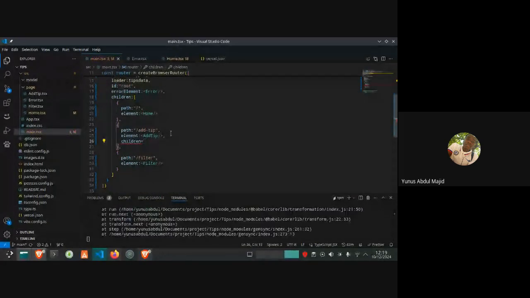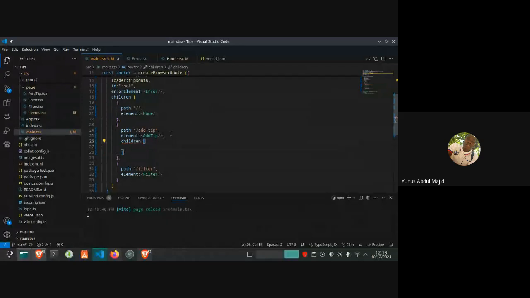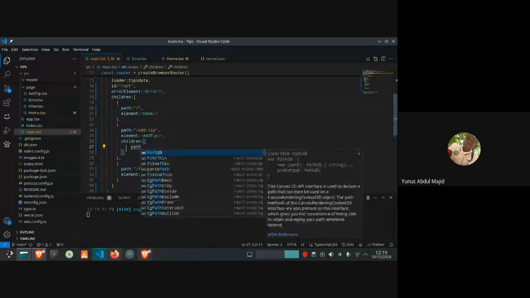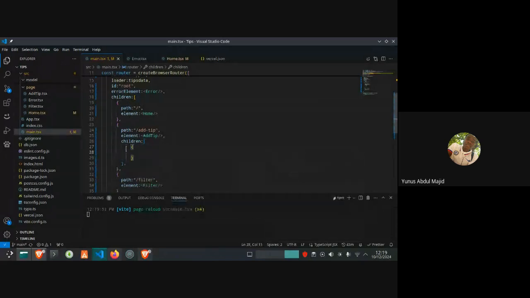Children means I want to specify another route, but it will be a nested route inside add tip. So I can just do it like this. Path will be an object inside the array.